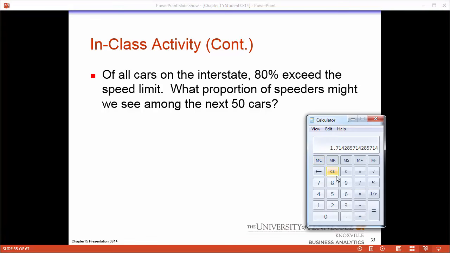Okay, I hope you paused the video and gave it a shot. So the mean is going to be, well, apparently 80%, that's the mean. And you can draw this out. You can draw the normal curve and draw a mean at the center of it.